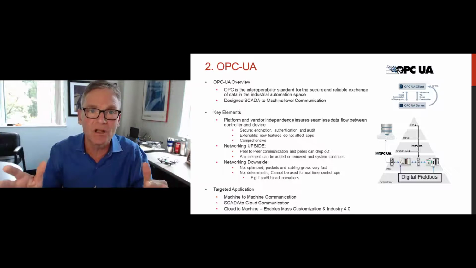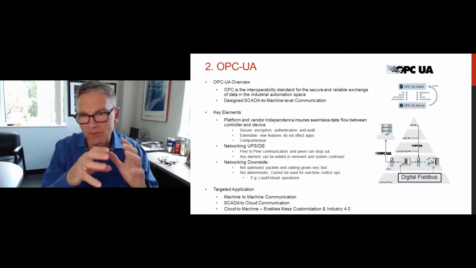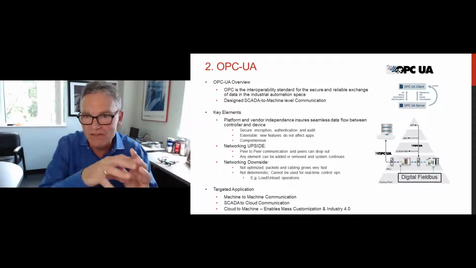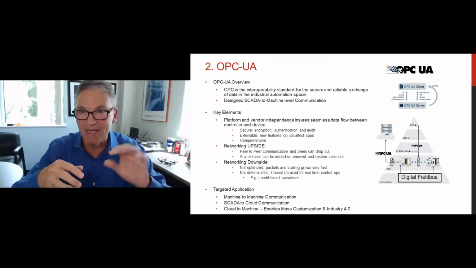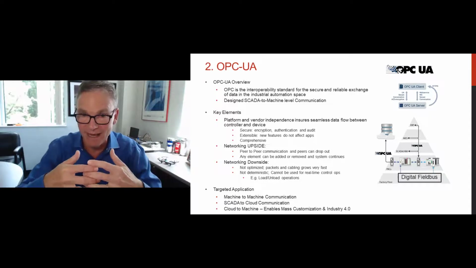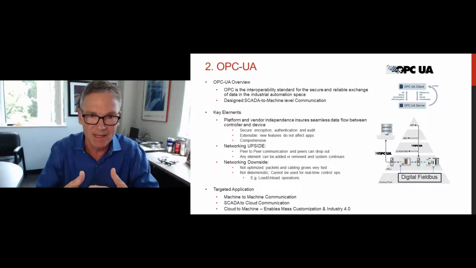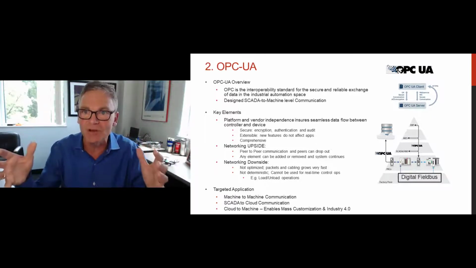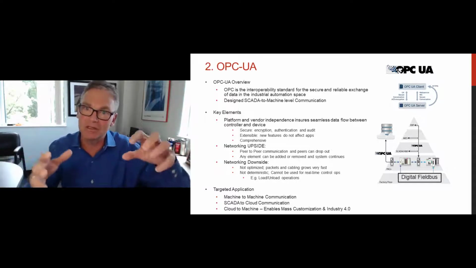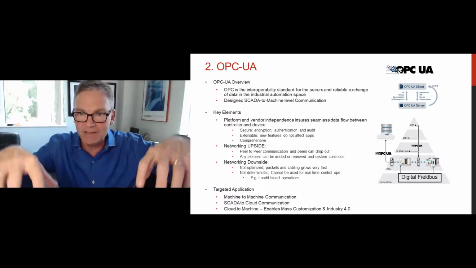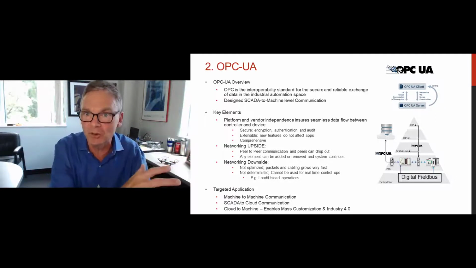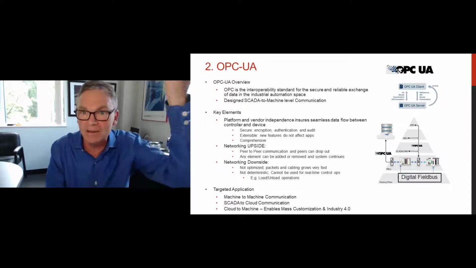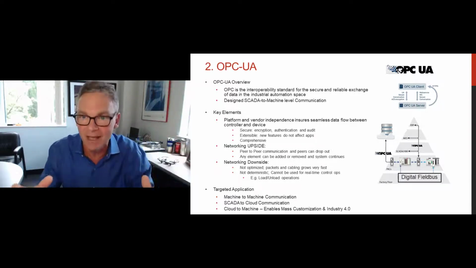The next networking standard that has emerged is something called OPC UA. And really what it is, is a platform that provides independence and ensures a seamless data flow between disparate machine controllers, so that everybody can talk to everybody. And it does it using a secure, encrypted, authenticated mechanism. That interoperability allows you to start to optimize the cell because you have upstream process and downstream process machine controllers that can talk and pass information, so that the downstream process can benefit from the learning in the upstream process, or you can share data to the cloud, get the actionable information, and then, again, adjust your